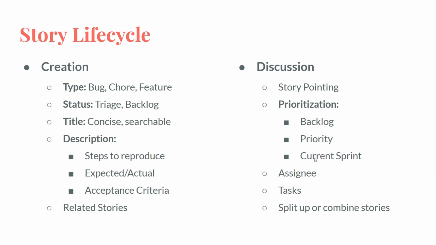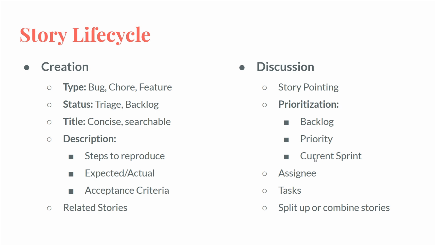So as a team, you may fill out the rest of that story, and then discuss it as a team and say, this is the work that needs to be done. Do we need to discuss with the users on this? Is this a front end or a back end ticket? How should we label it? How should we prioritize this? How do we point this? How much work is in it?